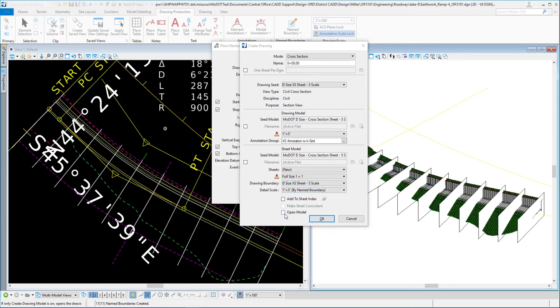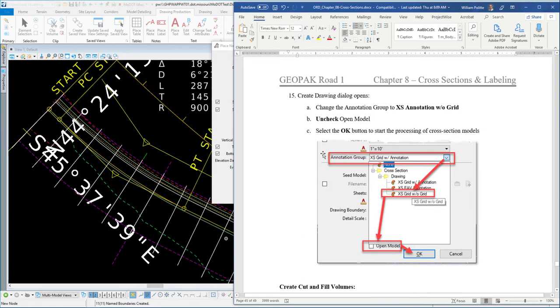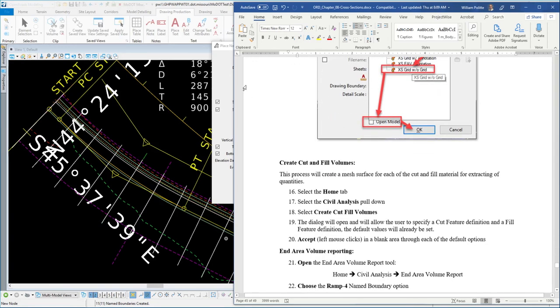The other option we're going to turn off is the open model option, and it says it in the manual, which is part of step 15. We want that unchecked. The reason is we're going to go do some other tools,